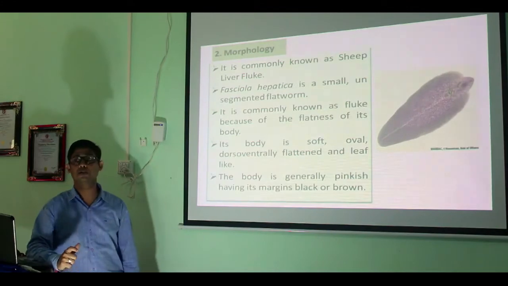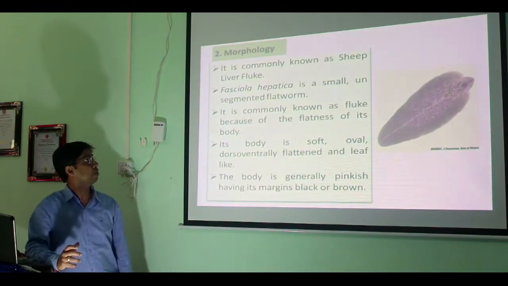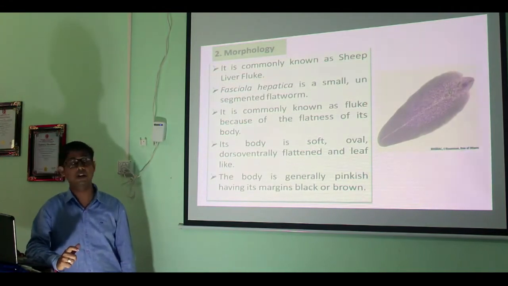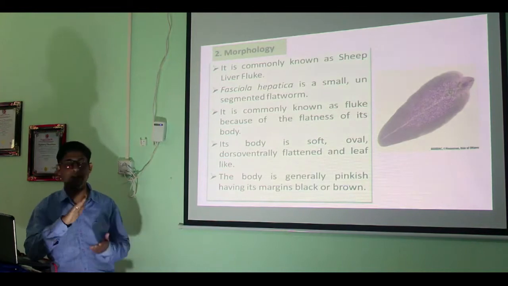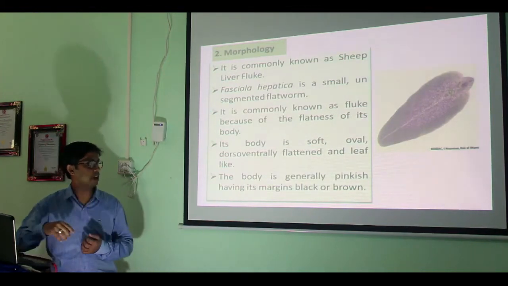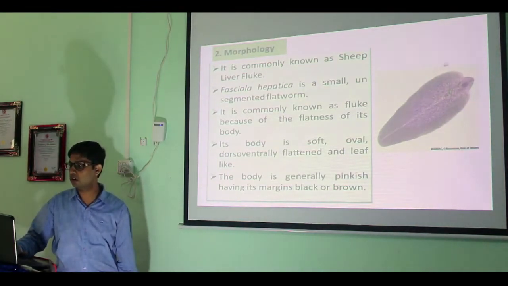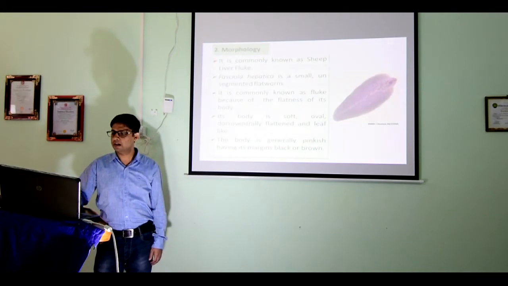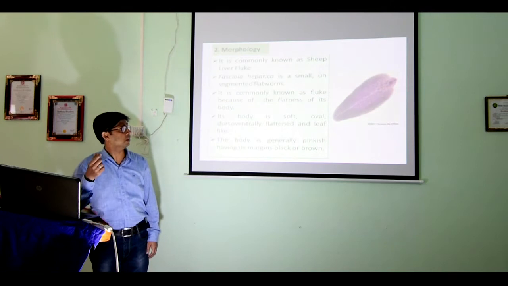Fasciola hepatica is a small unsegmented flatworm. It is commonly known as fluke because of the flatness of its body. The body is soft, oval, and dorsoventrally flattened and leaf-like. The body is generally pinkish, having its margins black and brown. So it is very soft and oval in shape, and hence, because of the flatness of its body, the organism